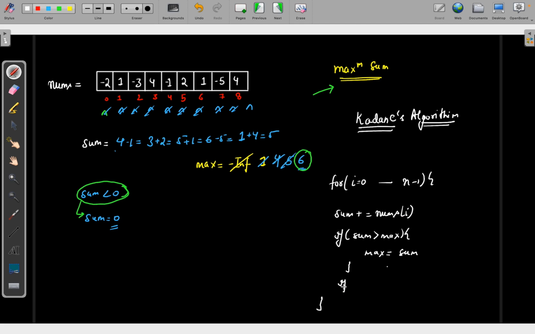And in the last, I will check if my sum is less than 0. And yes, if it is, let's start with sum equals to 0. We don't need to take the negative number moving forward. We will simply put sum equals to 0. Then you will add a new number again and again, and in the last, you need to return